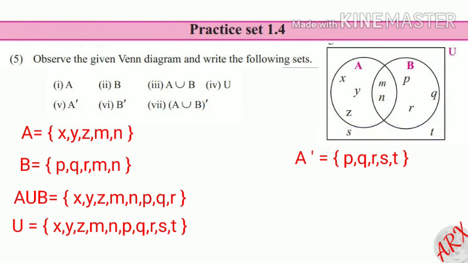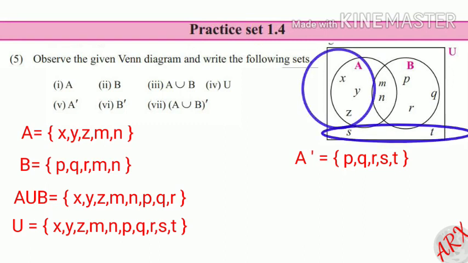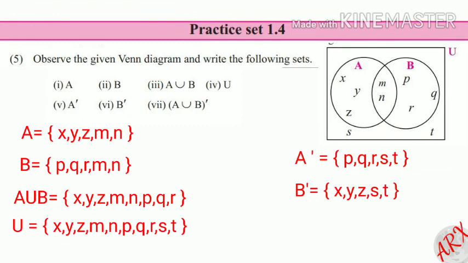Now sixth, complement of B. These are the elements present in the universal set but not in set B. So B' will be {X, Y, Z, S, T}. Now complement of A ∪ B. These are the elements present in the universal set but not present in A ∪ B. So (A ∪ B)' will be {S,